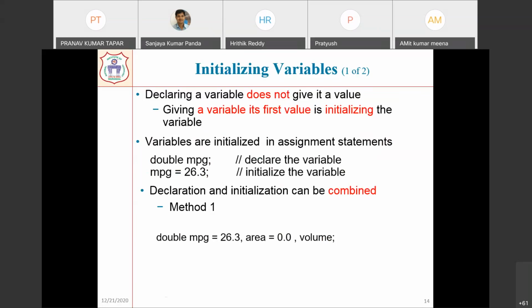Similarly, you are taking another variable, area. In the case of area, you are initializing the variable as 0.0, so we write double area is equal to 0.0. But if you see in the third case, that is volume, okay,